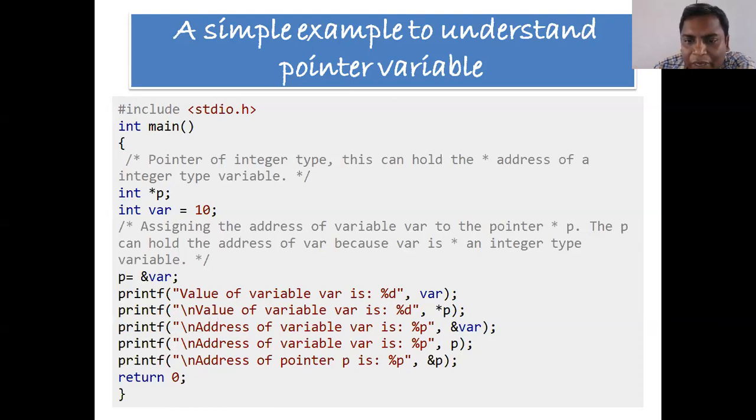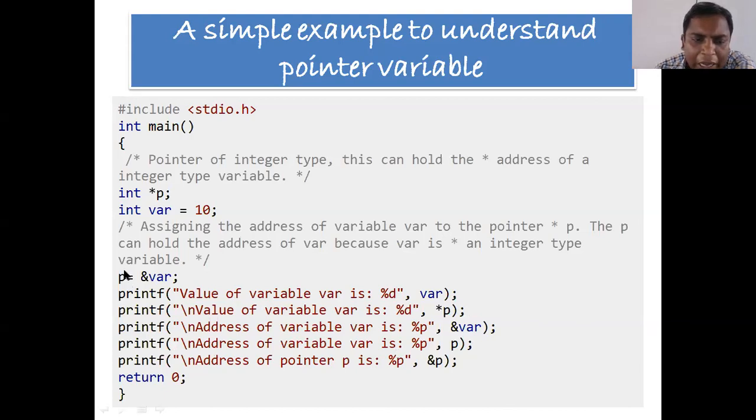Then p. The value of p is what? It is 1000. Why? Because p is holding the address of var.